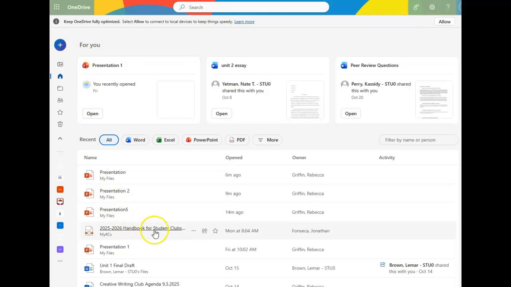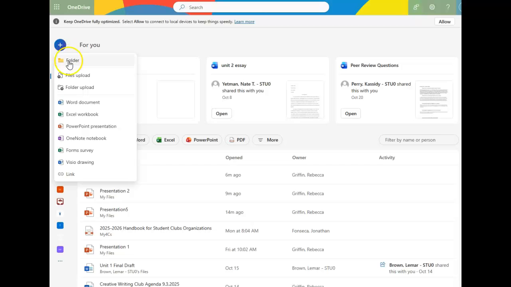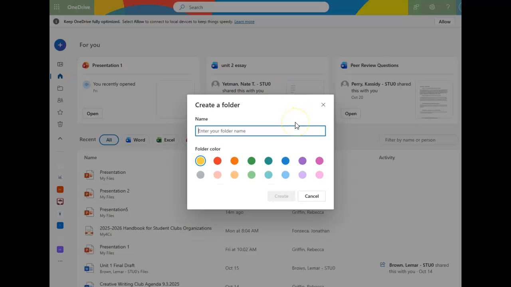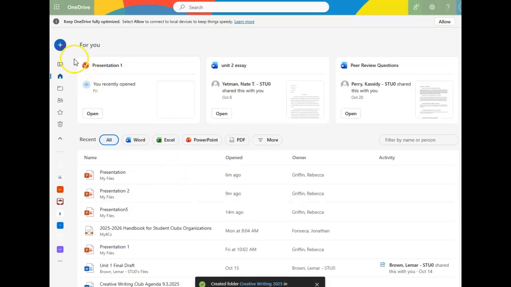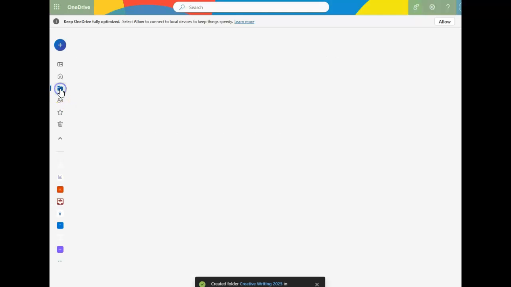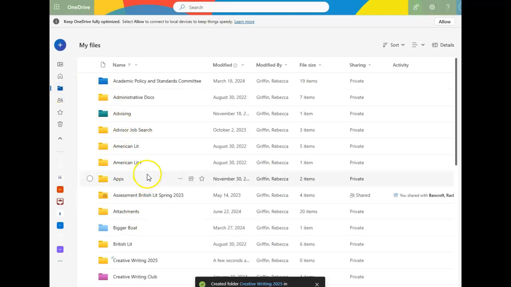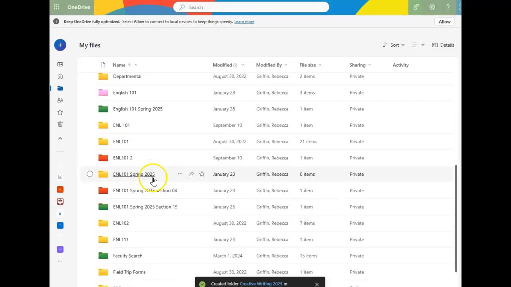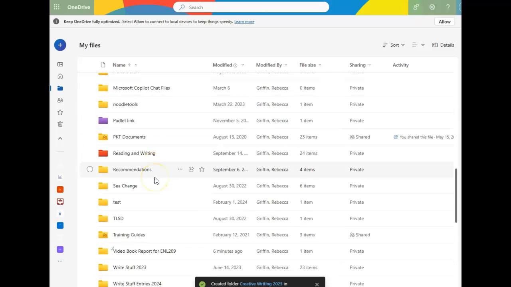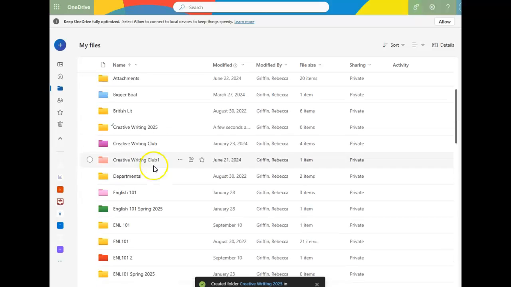And the first thing you do is, OneDrive can be a little disorganized, so just create a folder. You might do the class name, 2025, something like that. Create. And then you're going to go back into your folder by clicking on folders. That's how you can see how I can keep organized with all my folders. I don't know what I would do without them. And let's see, going to go to Creative Writing